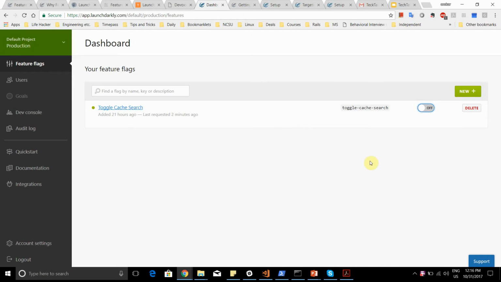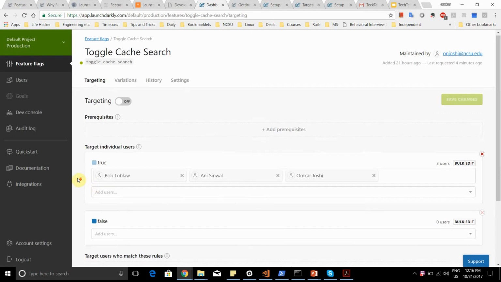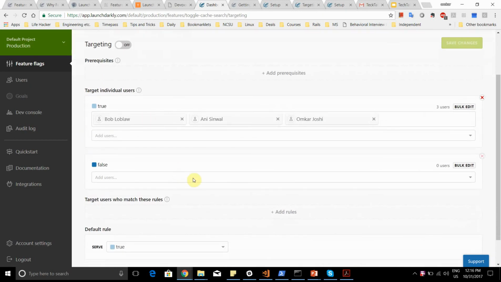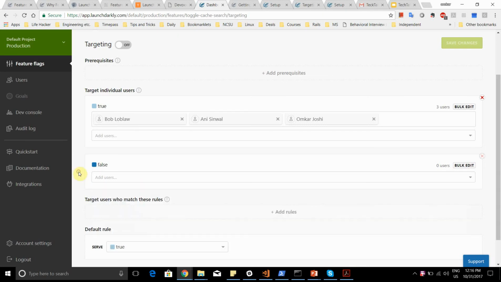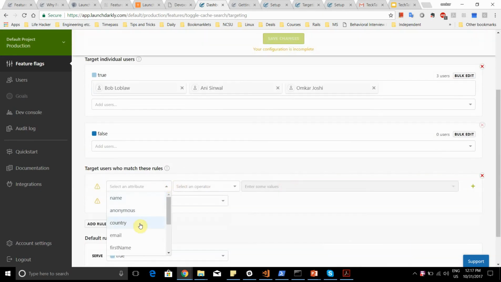This was just a basic example. You can also do more advanced things in LaunchDarkly. Here you can choose how you want to target your feature. You can target individual users according to how you prefer. You can set this feature off for some particular users and set this to true for some particular users. You can also add your own rules. You can have rules based on country, email, first name, IP, and then you can